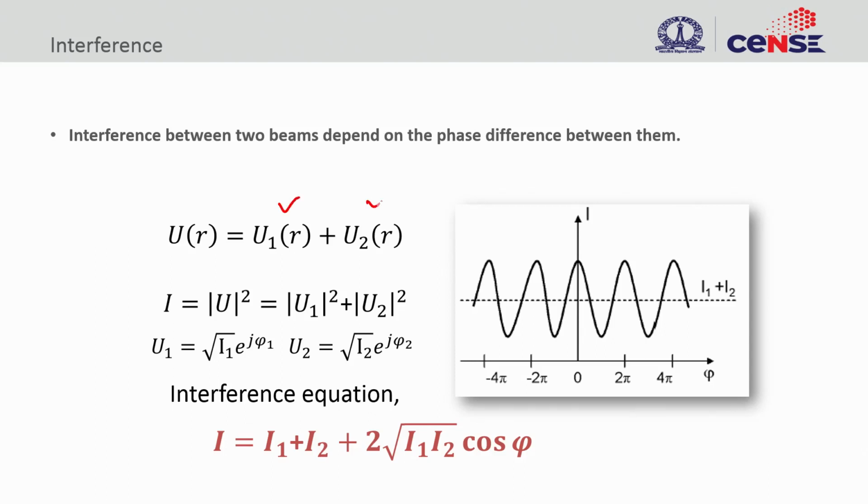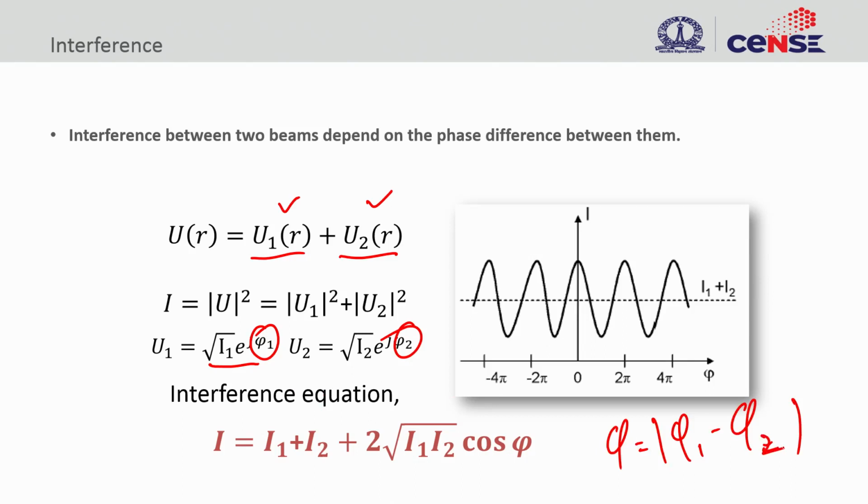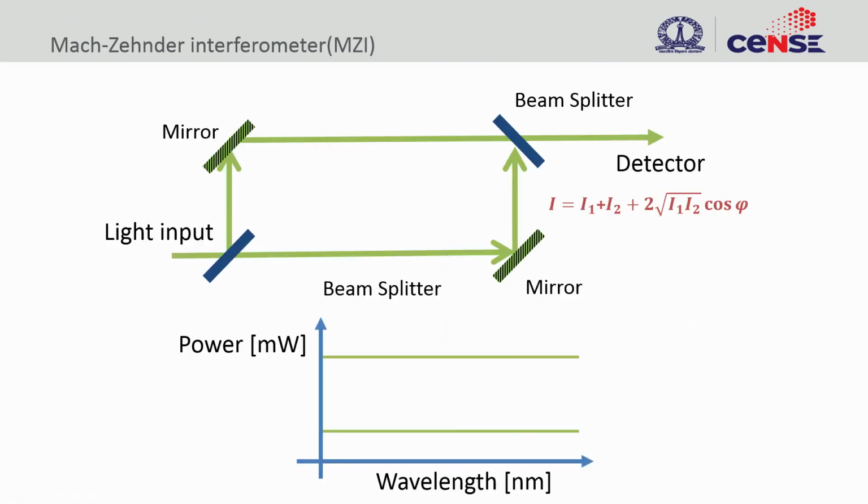You take two waves and then you interfere these two waves, right. If these two waves have phases phi 1 and phi 2, and there is any phase difference between these two, call it phi here, any phase difference would result in a sinusoidal interference pattern, right. And we are going to take advantage of this interference, and the way to create this interference is by using